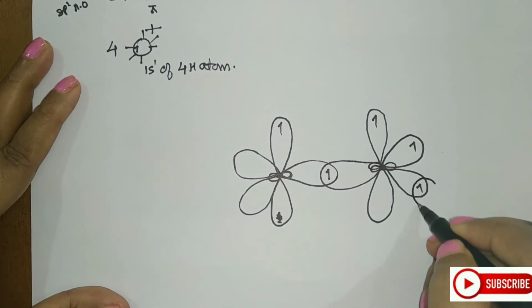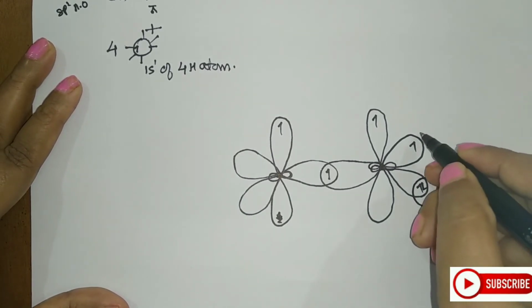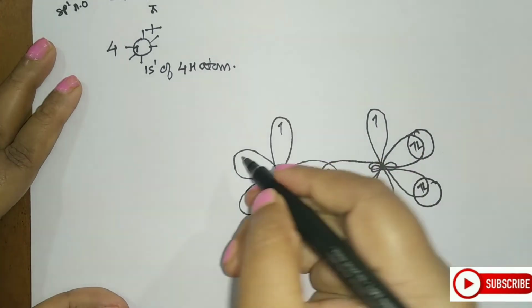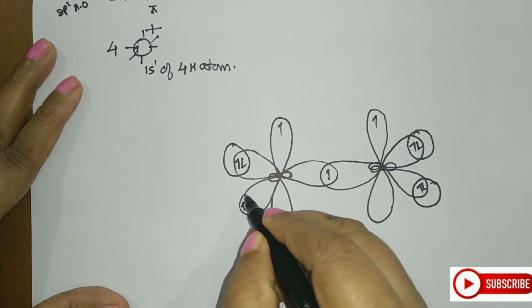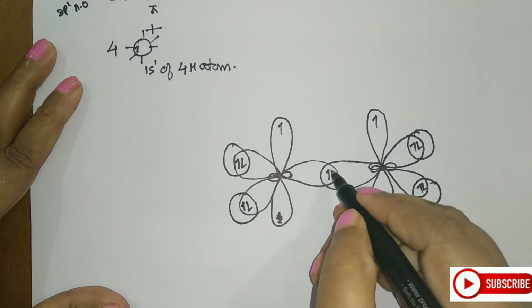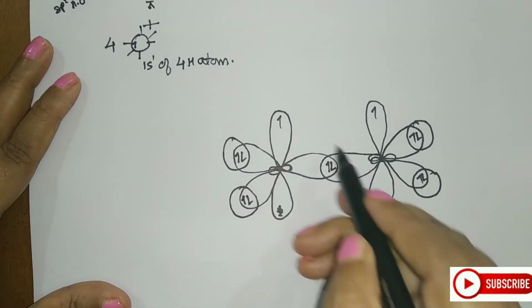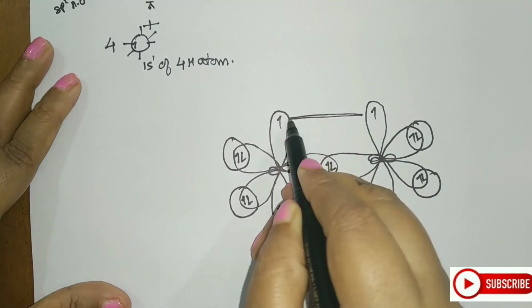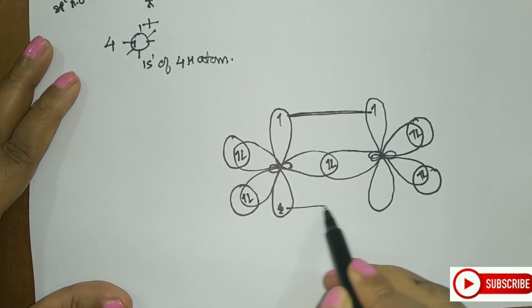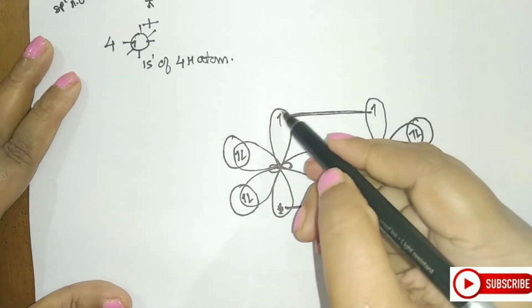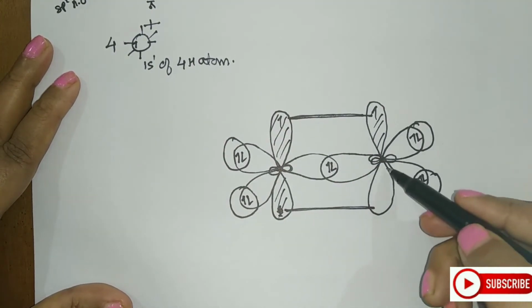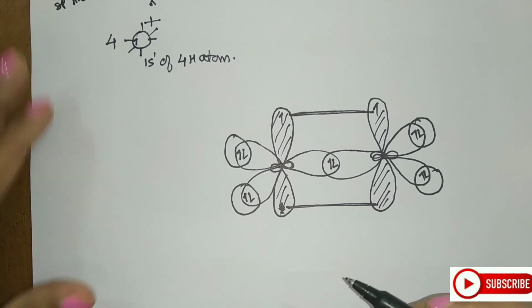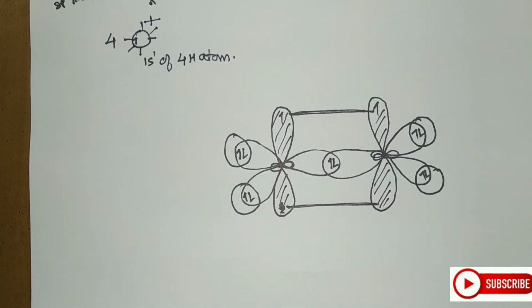So this is your structure or the skeleton. Now I am overlapping the hydrogens here in this way. So 4 hydrogens I have to show. This is what I have. Here 1 electron. So this is a sigma bond, and this is the pi bond which is getting formed here. So this is the structure. I can shade this if you want, to show that they are the unhybridized orbitals, and this is the structure of the C2H4 molecule.